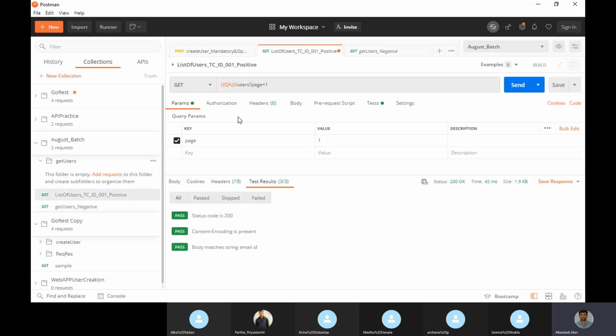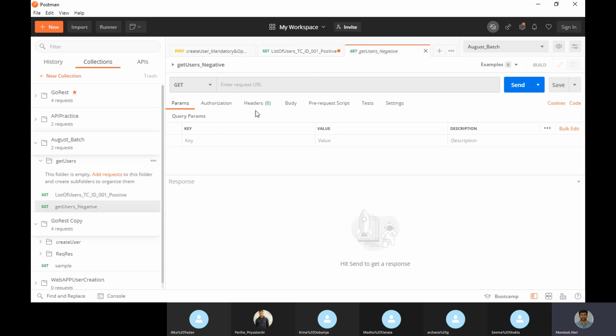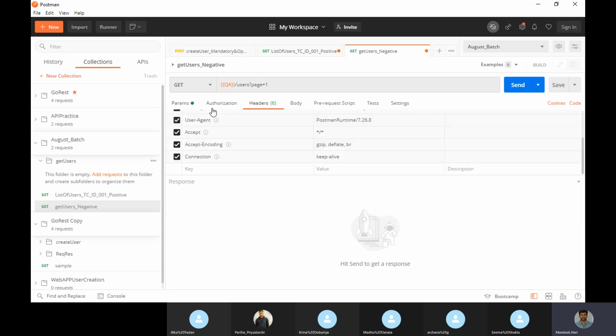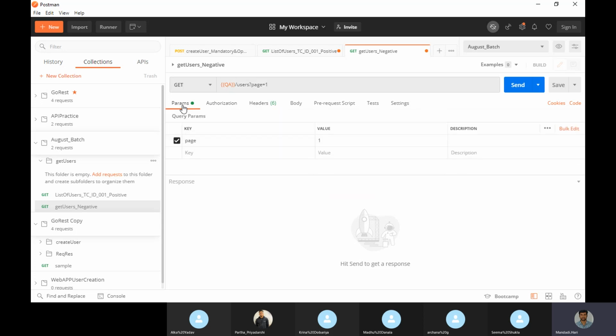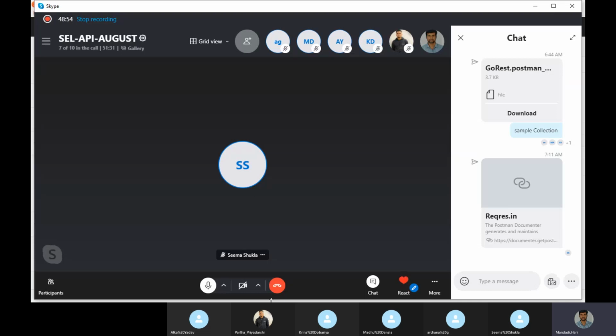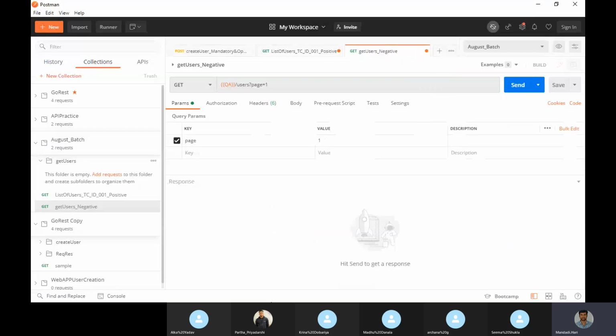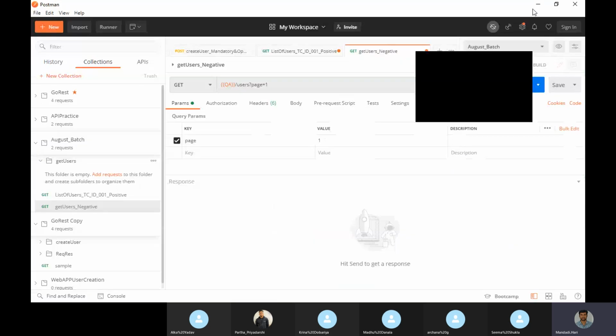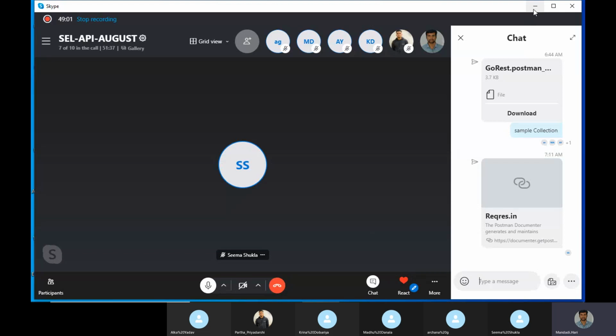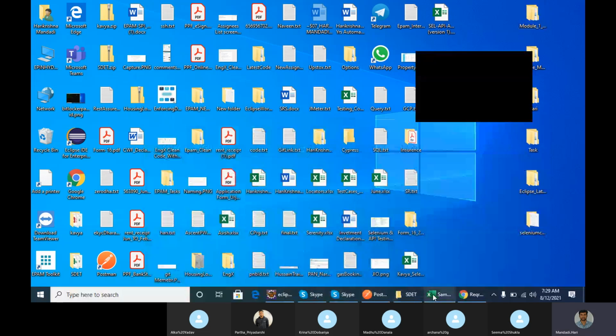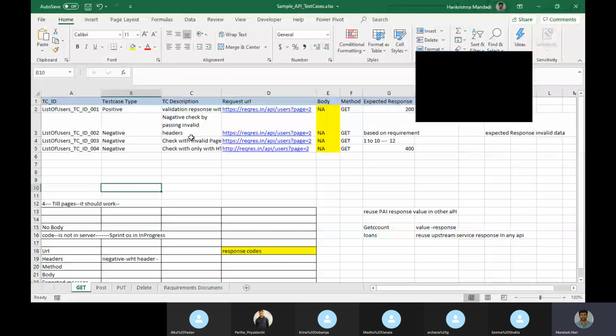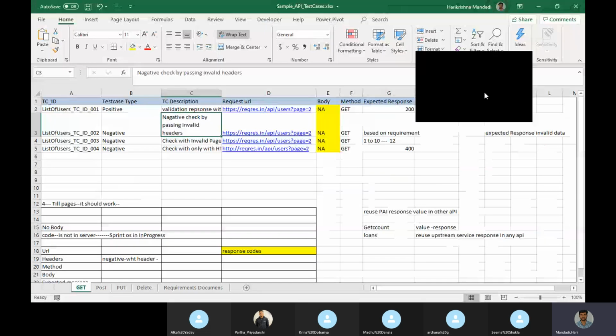I can use the same one, and for the negative case I will miss something. Let's see what I can miss from the test case sheet. I wanted to make some negative headers. No, I don't think headers.